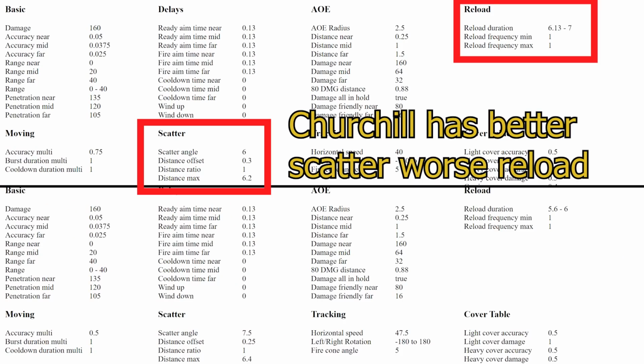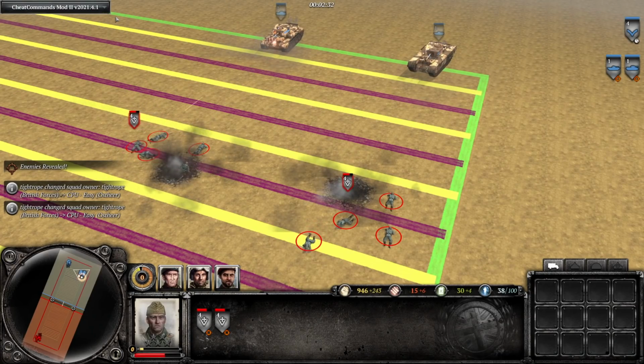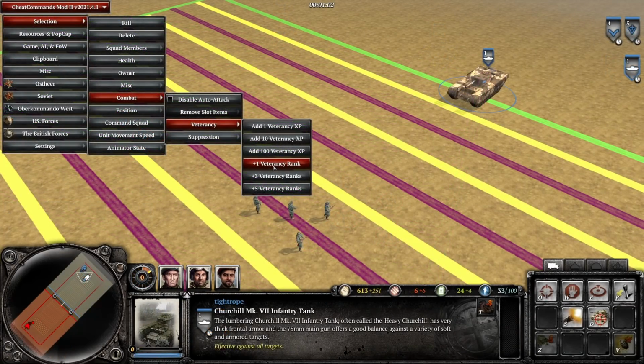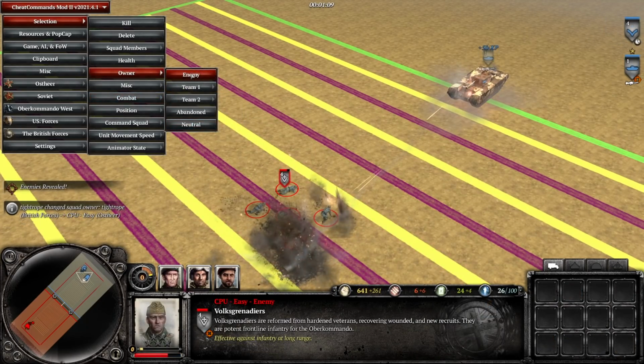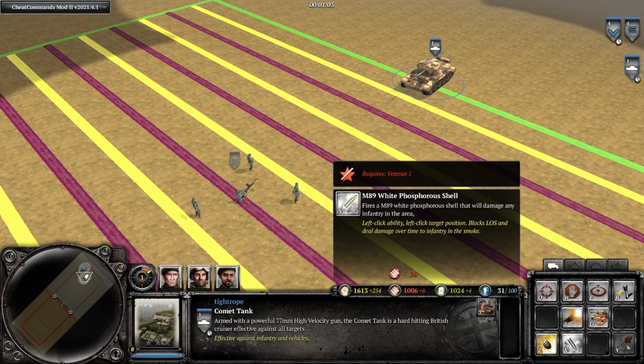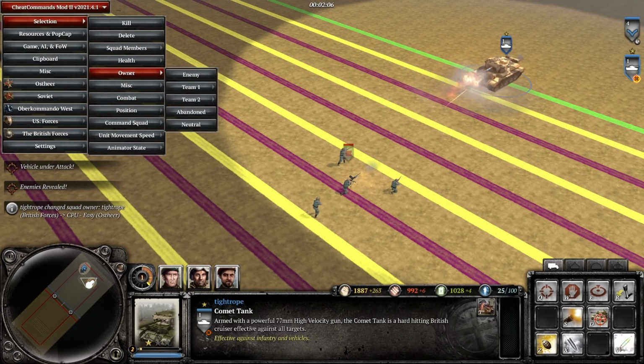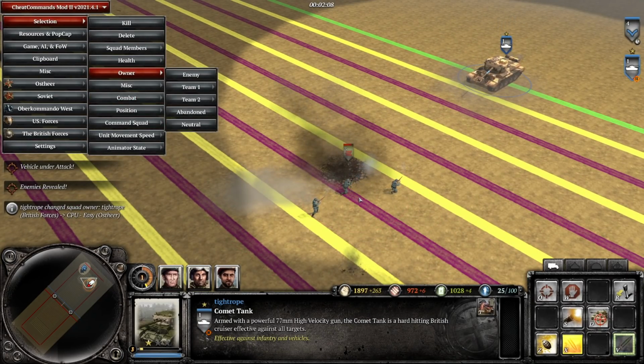The main gun and machine guns on the Churchill are almost identical to those on the Cromwell, so this leads to very similar and slightly lackluster anti-infantry performance. However, at Vet 1 the Churchill gets a pintle machine gun, and this extra damage makes it a consistent infantry bleeder. The Comet, on the other hand, gains access to the white phosphorus shell ability at Vet 1, and this